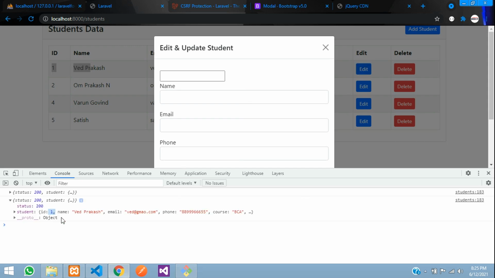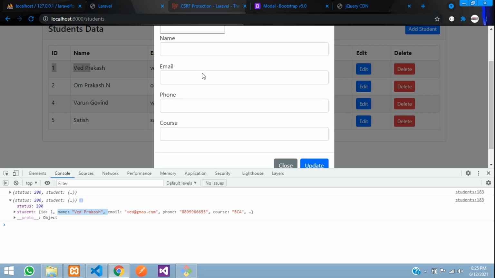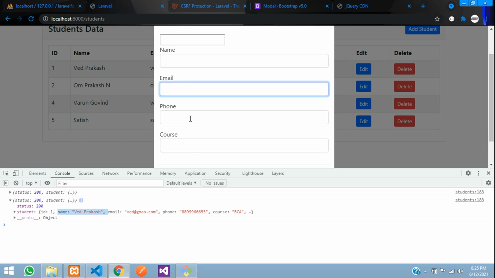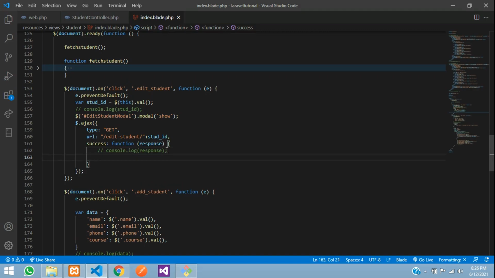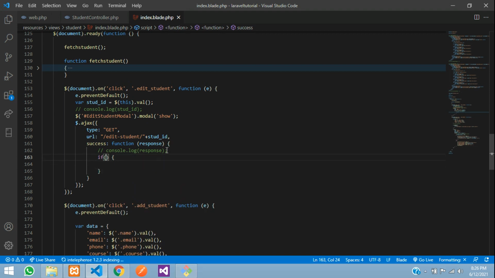Cool. So now guys, let's take this data and paste into our modal of edit with the input field names. So let's get back and comment this. Start with if condition, if this response dot status is == 404.